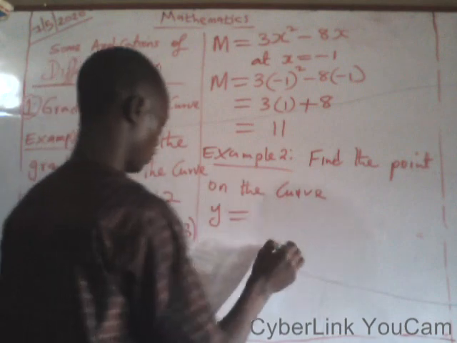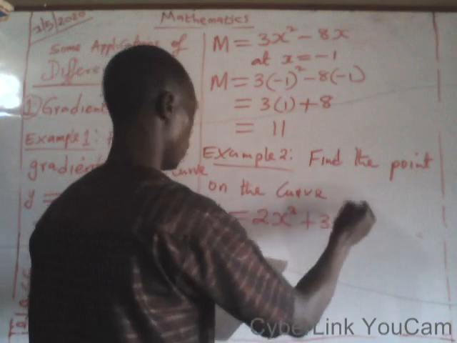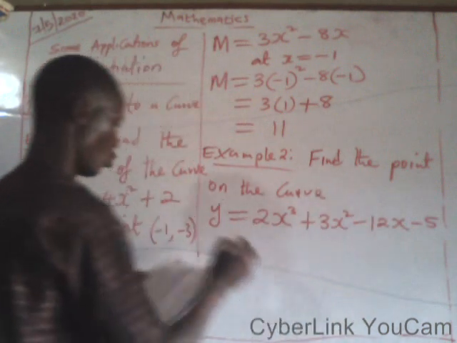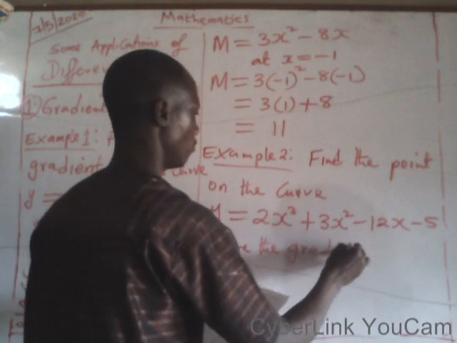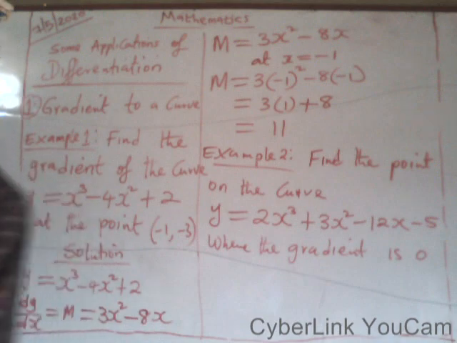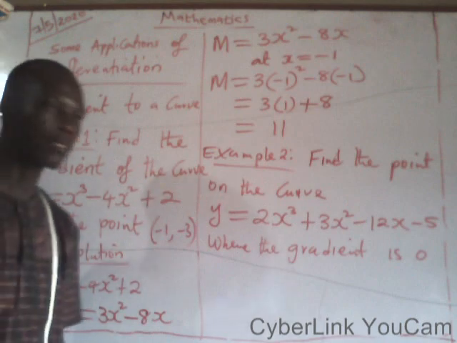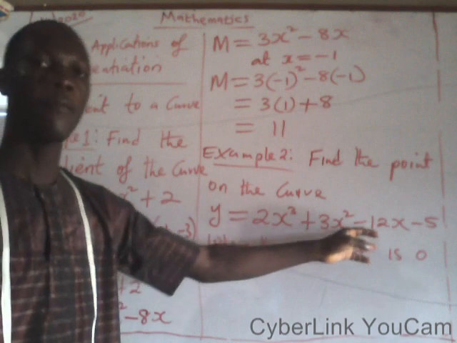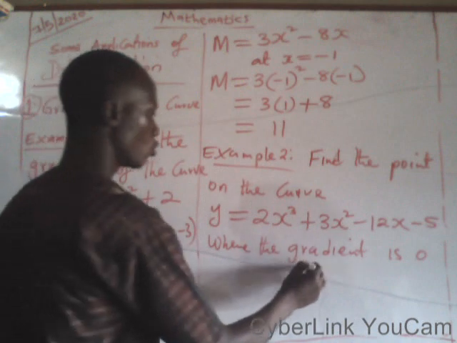y is equal to 2x raised to power 3 plus 3x squared minus 12x minus 5, where the gradient is 0. This one, we have been given the gradient. We are now asked to find the point on the curve y is equal to 2x raised to power 3 plus 3x squared minus 12x minus 5, where the gradient is 0. So, solution,